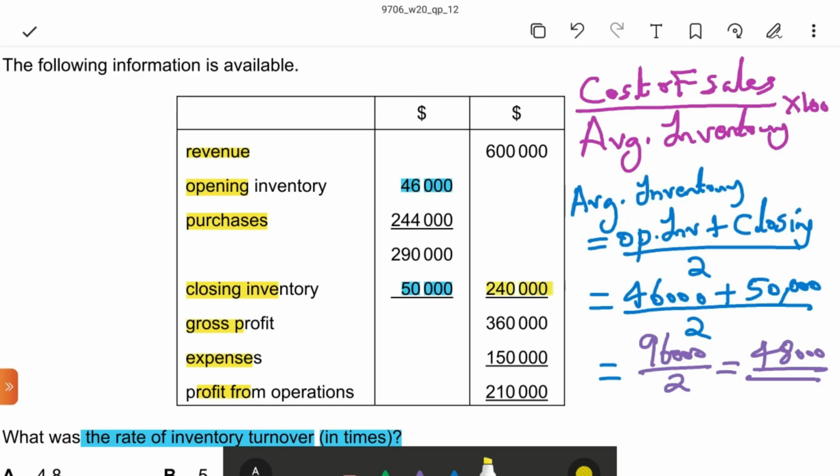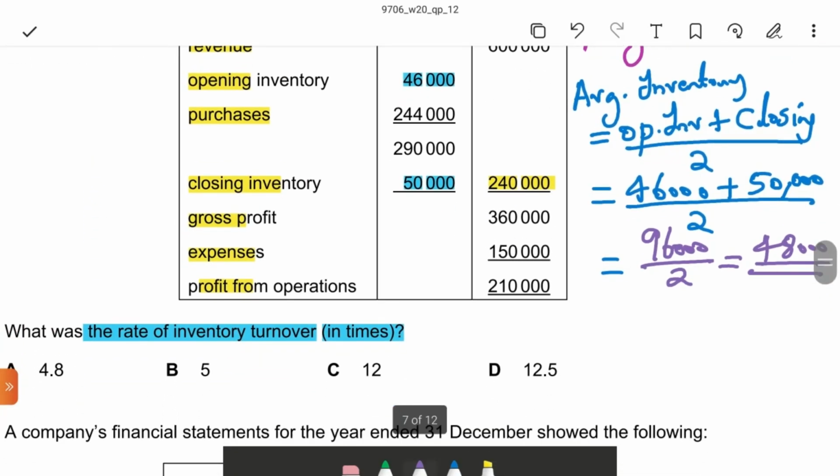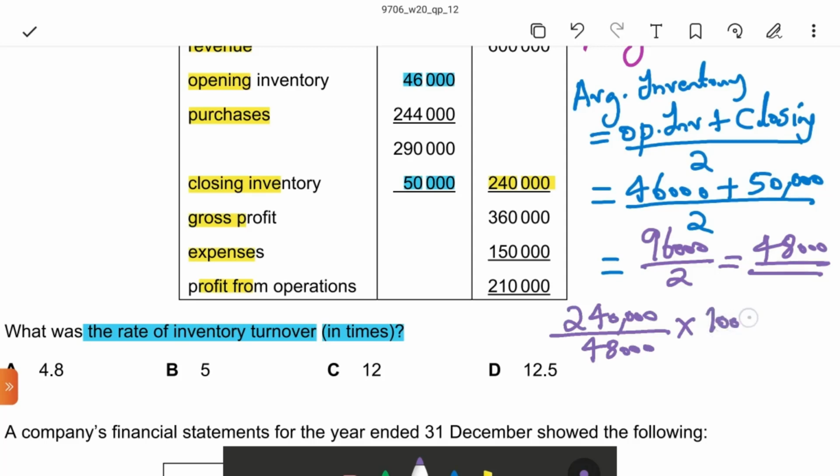Cost of sales is given 240,000. So 240,000 divided by average inventory 48,000 multiply 100